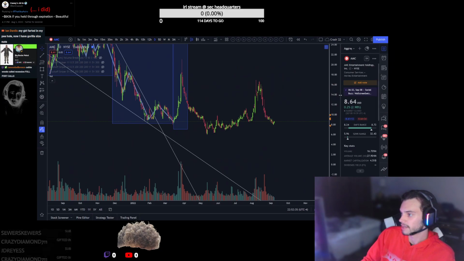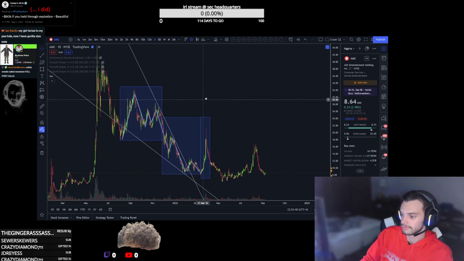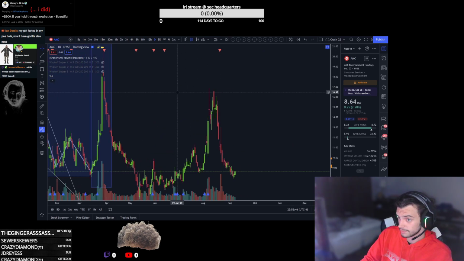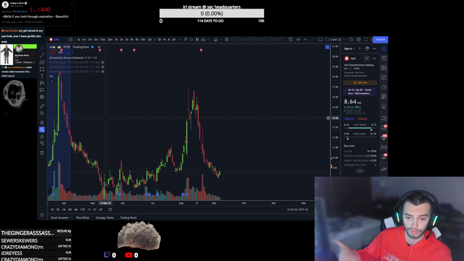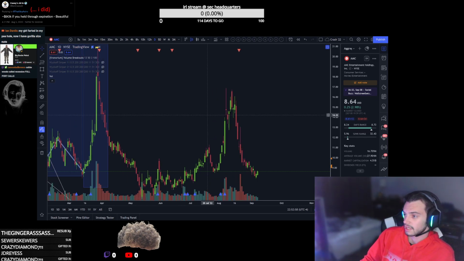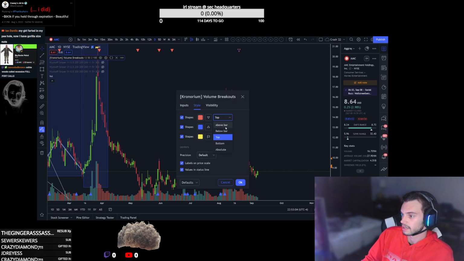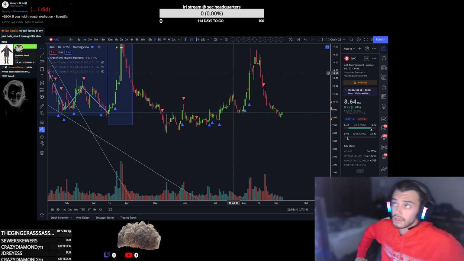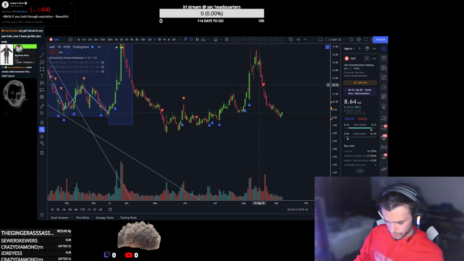So with all that being said, let's get into what the indicator does. We've established the themes of volume and why it's important. So this new indicator, the name of it is under the Kronorium suite, and it's called volume breakouts, or you might also see it as volume-based regime changes. The whole point of this thing is to pick up on where you have buyers and sellers stepping in, not only stepping in, but in a way that you can anticipate going forward.